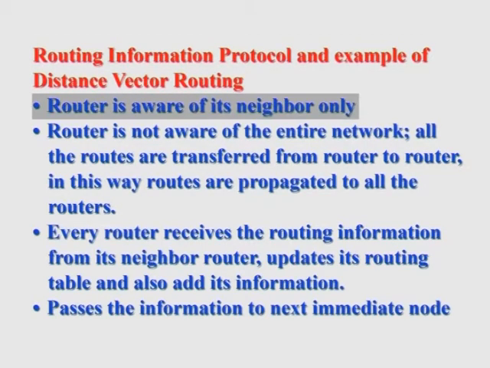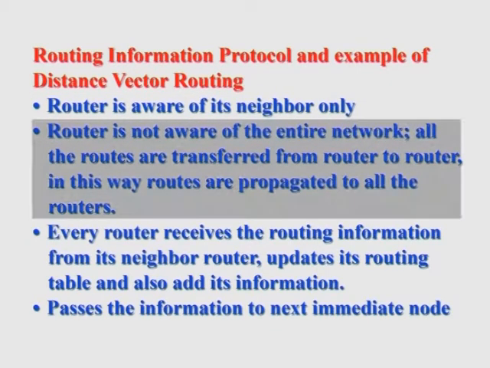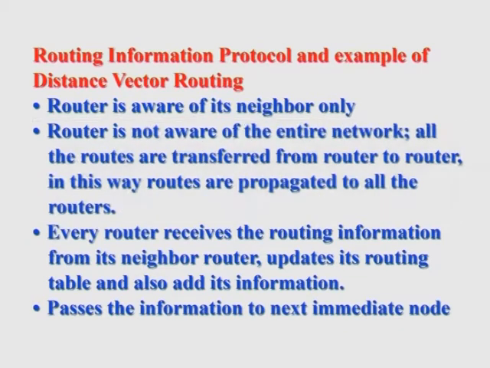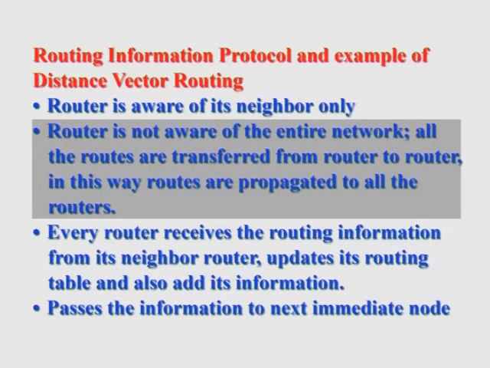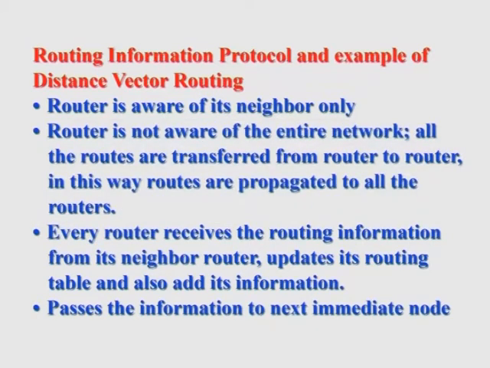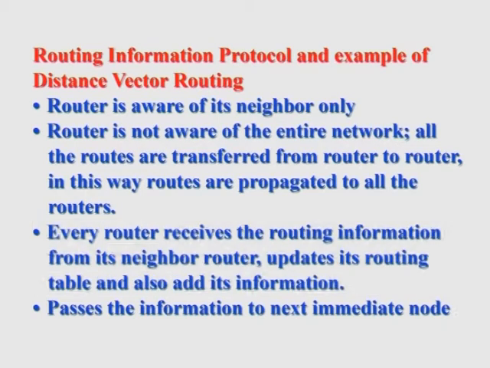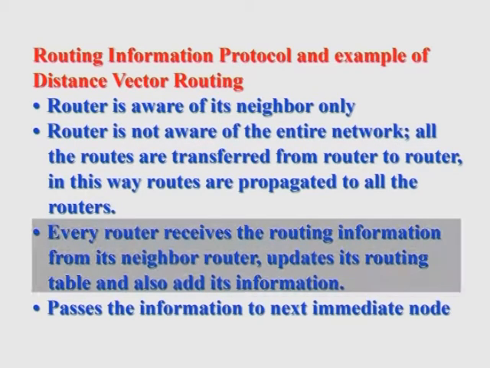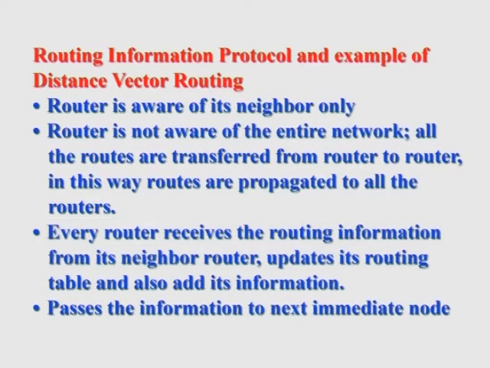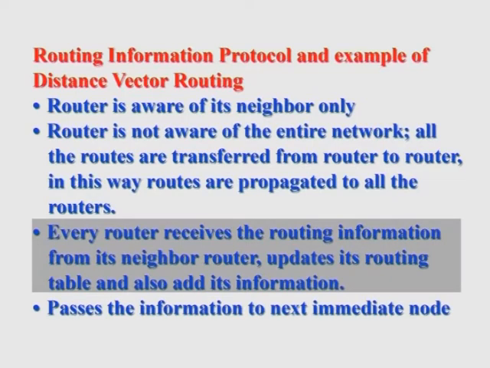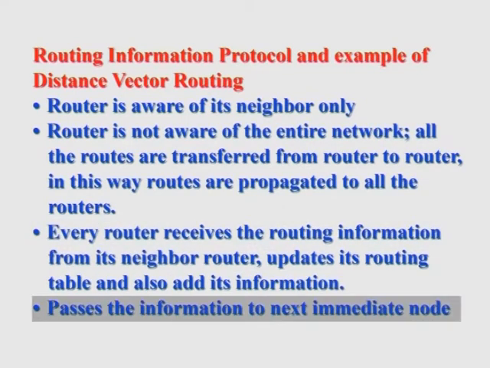In RIP, a router is aware of its neighbors only. The router is not aware of the entire network. All the routes are transferred from router to router. In this way, routes are propagated to all the routers. Every router receives the routing information from its neighboring router, updates its routing table, and also adds its own information if it has better known routes than those mentioned in the incoming routing information,